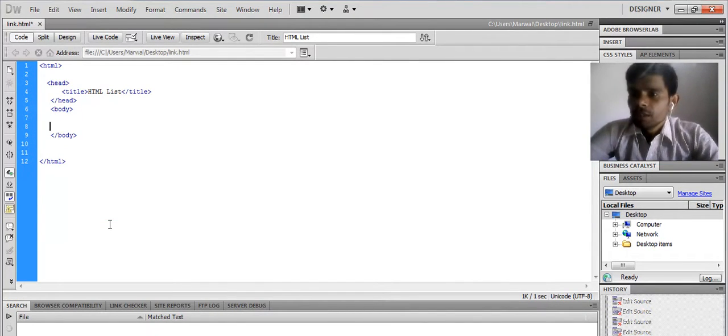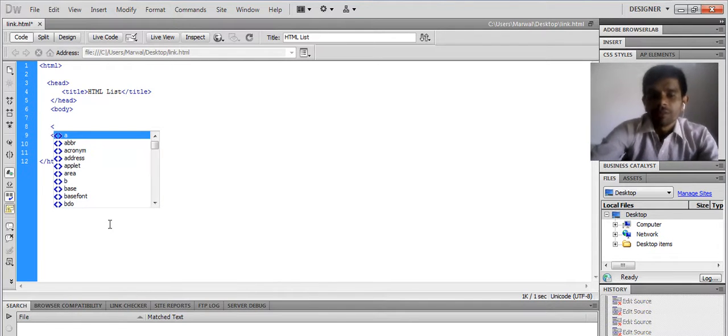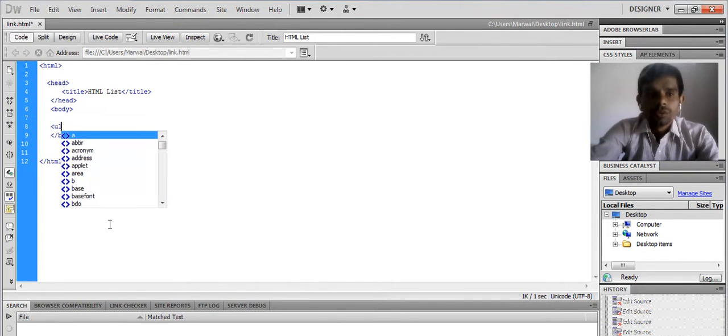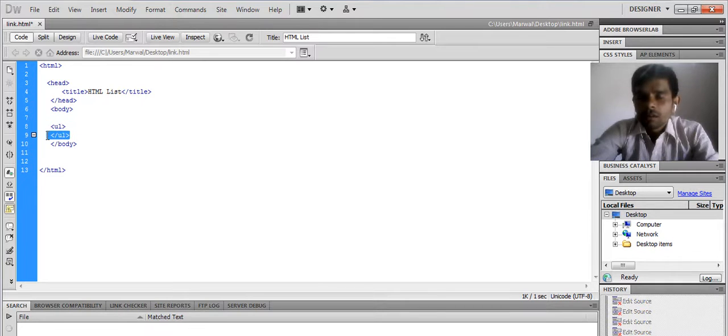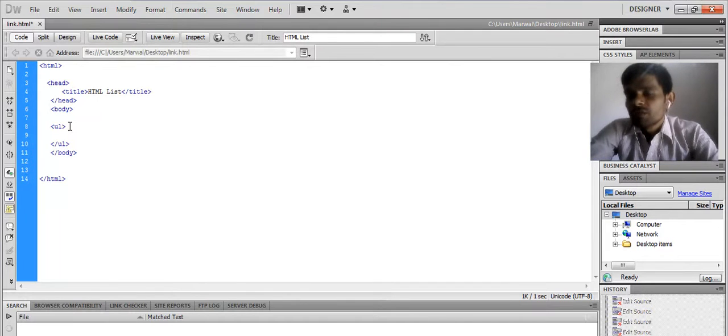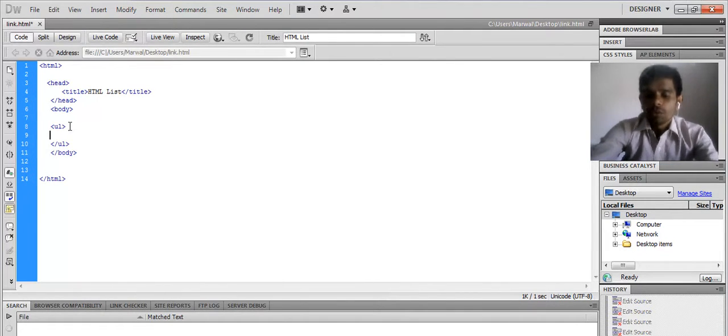I need basically two tags. First, if I am creating an unordered list, use the UL tag. This is the opening tag of the unordered list, and this is the closing tag. In between the opening and closing tag, I need to specify the list items, so I use li for list items.